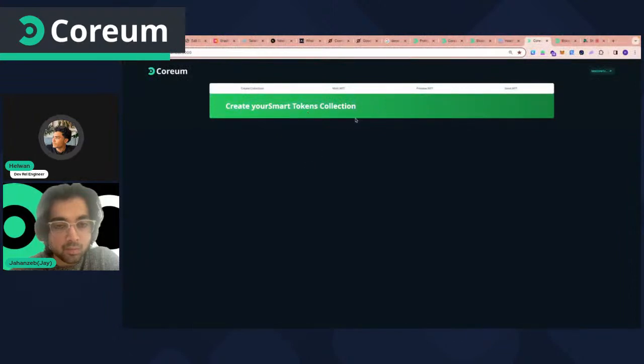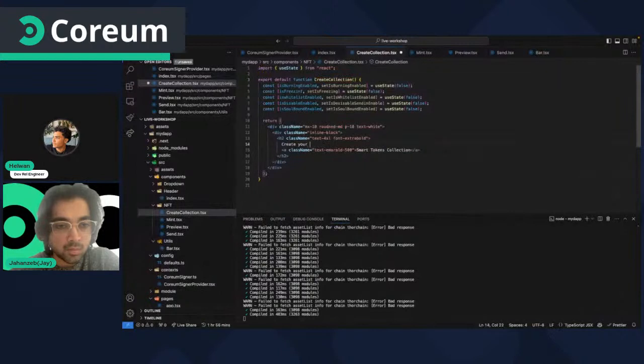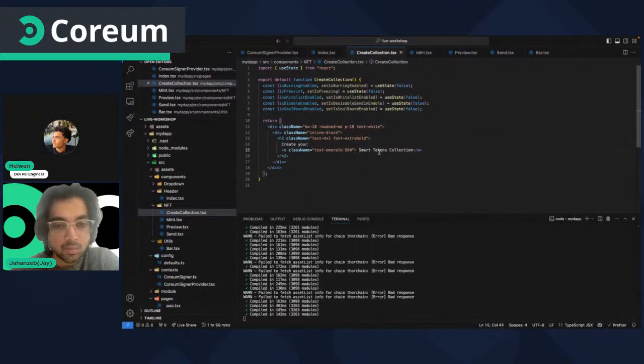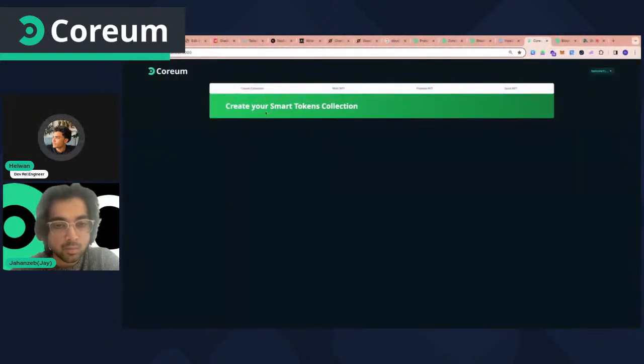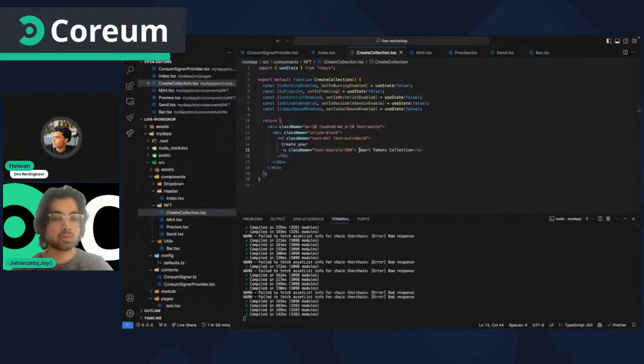All right, so create your smart token collection. There is a little thing right here. We need to actually do this. And yeah, it's way better. So you see the background, super cool. So we have this gradient, but at the end of the day, it's really up to you what styling you want to apply. So okay, next thing, what we're gonna do is